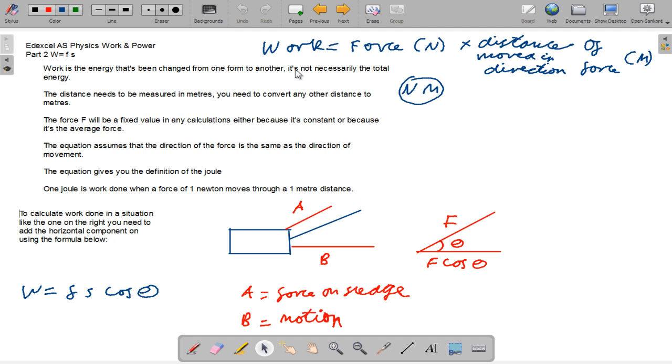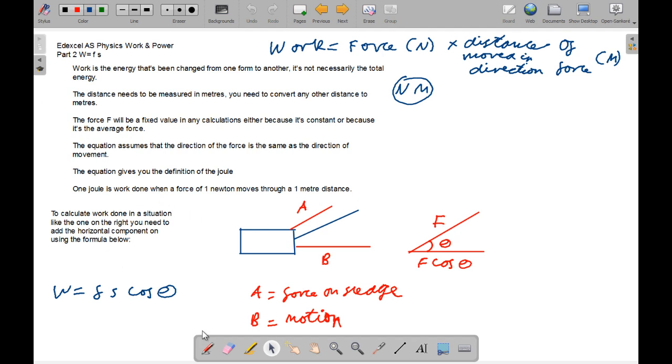So moving on now to W equals Fs. Work is the energy that's being changed from one form to another. It's not necessarily the total energy, and the distance needs to be measured in meters. So you need to convert any other distance to meters, because the formula is force in newtons times the distance moved in the direction of the force in meters. So the unit you're going to have is the newton meter,